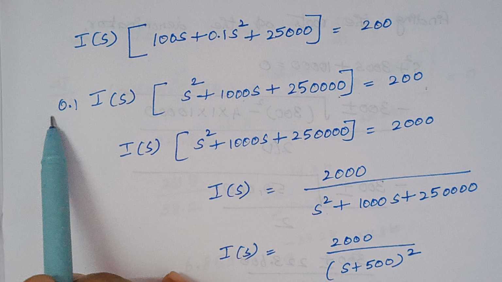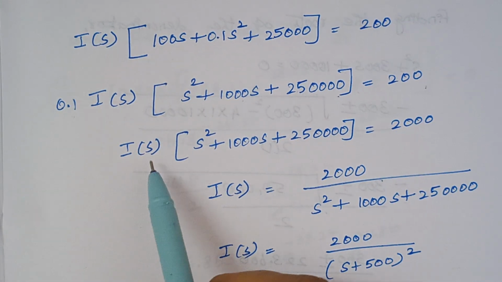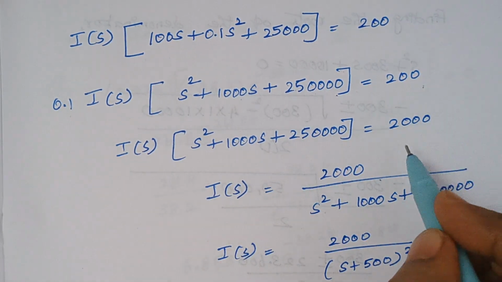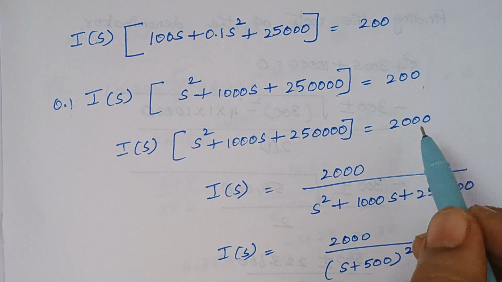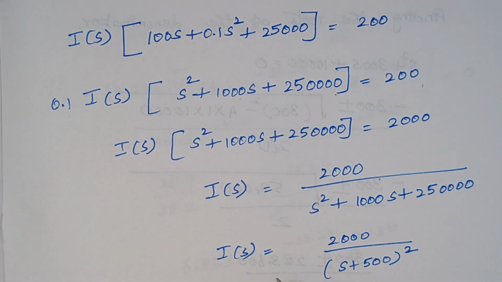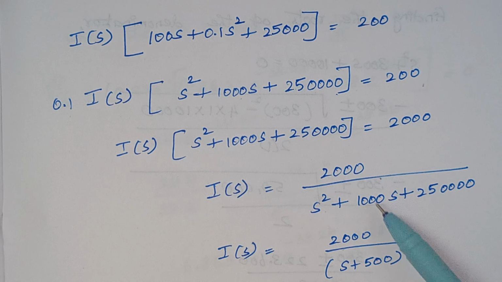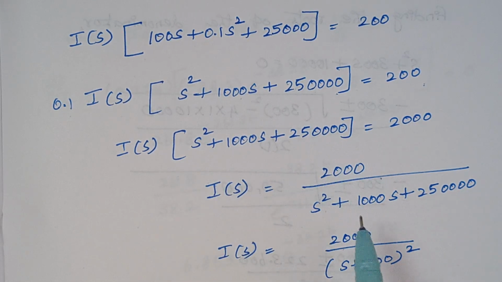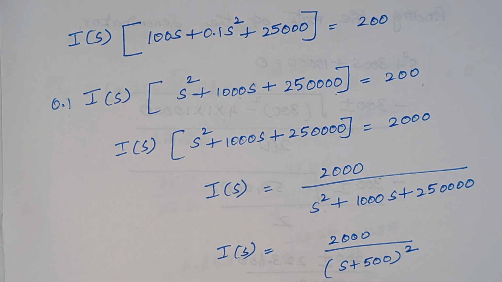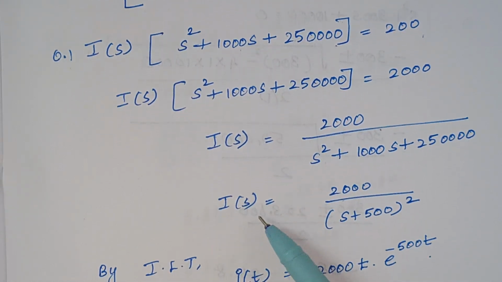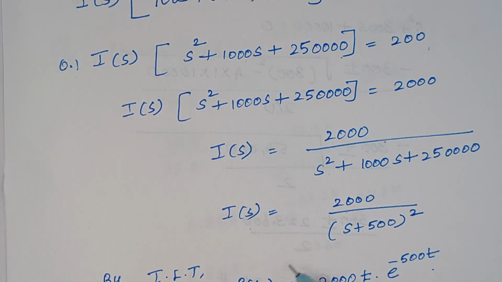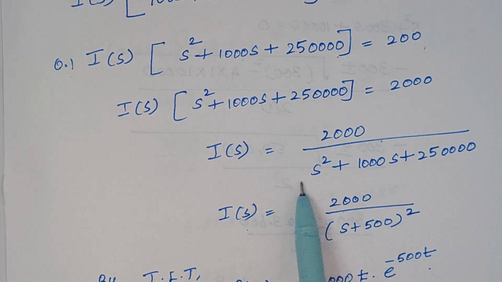Now the next thing is I am going to shift this 0.1 to the right hand side. So 200 by 0.1 becomes 2000. Therefore the expression for I of s is given as 2000 by s square plus 1000s plus 250,000, right? Now the expression for I of s, we can simply write it as, you see, this entire expression